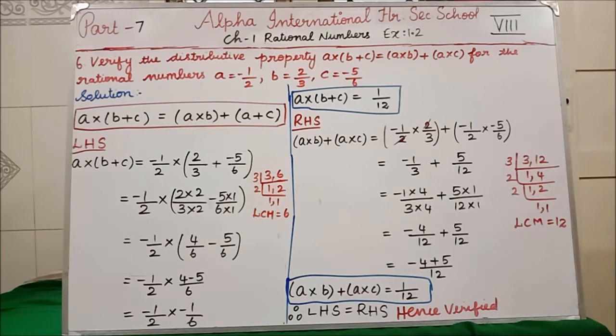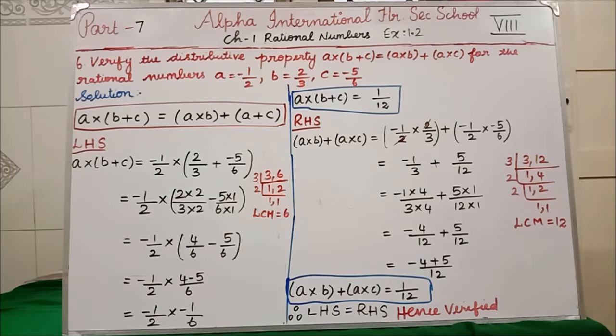Clear? Now in the middle what sign are we having? Plus. So plus means surely your denominator should be the same, only then we can add the rational numbers, isn't it? Now you see here we have 3 and 12. So what do we have to do now? We have to take the LCM for 3 and 12. See, I have taken the LCM for 3 and 12. 3 how many times? 1 time. 12 how many times? 4 times. 2, 1, 2 twos are 2. Again 2, 1 comma 1. So 3 twos are 6, 6 twos are 12. Our LCM is 12.